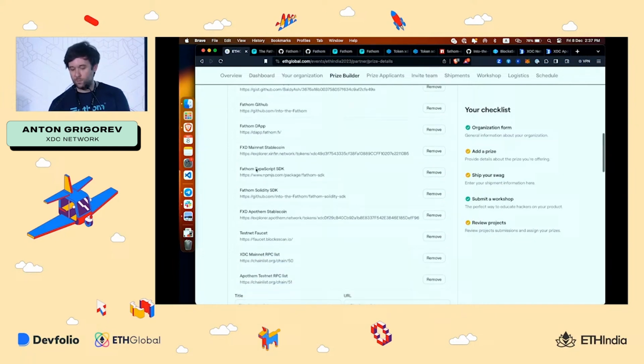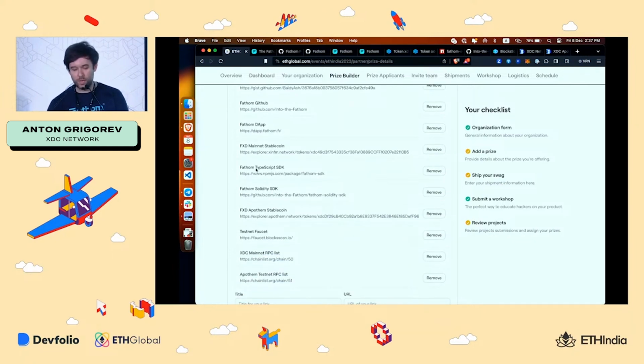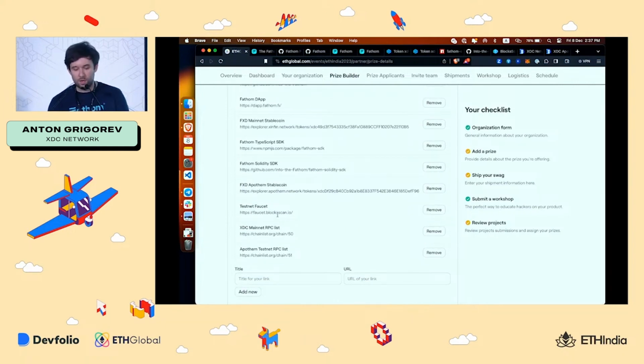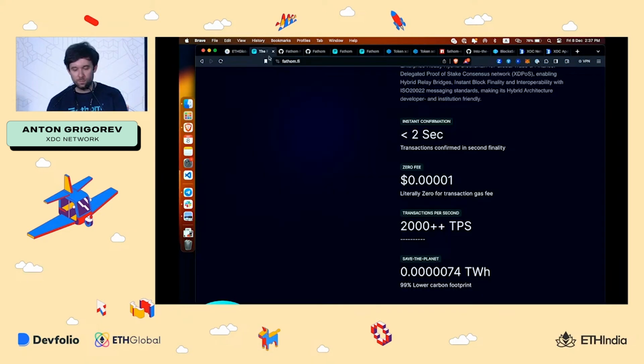There are links to our DApp, our stablecoin on the mainnet and on the testnets. We also built some SDKs for TypeScript and Solidity to make it easier for you to work with our protocol, to borrow stablecoin, to track positions, and to build front-end applications. Also a testnet faucet and RPC lists for mainnet and testnet.